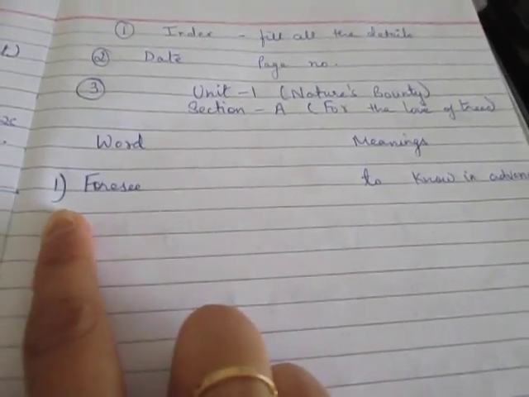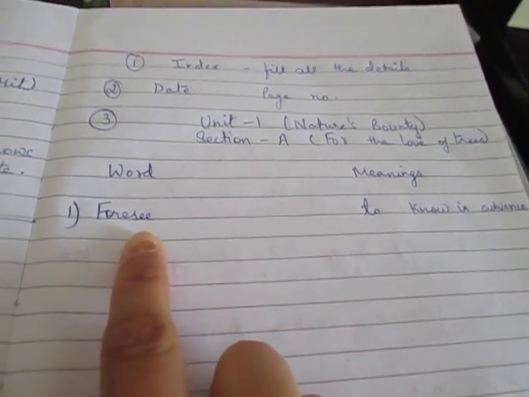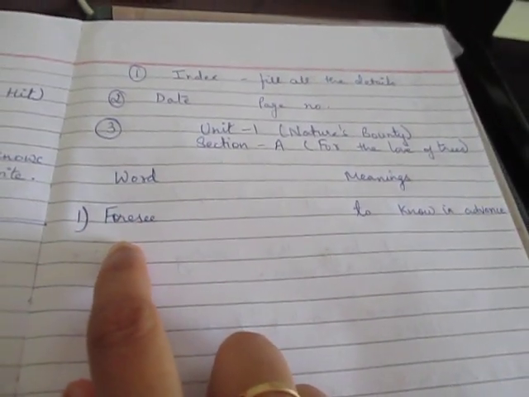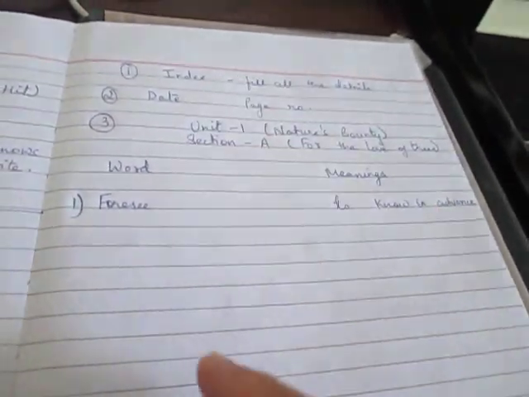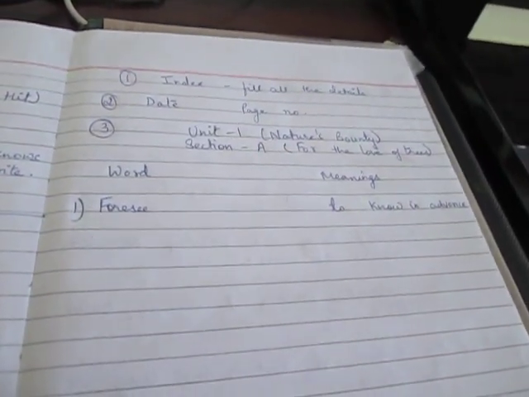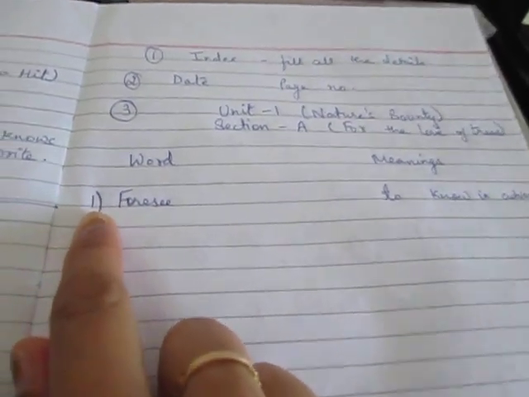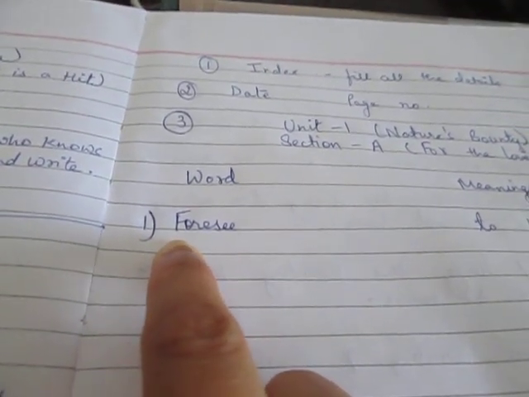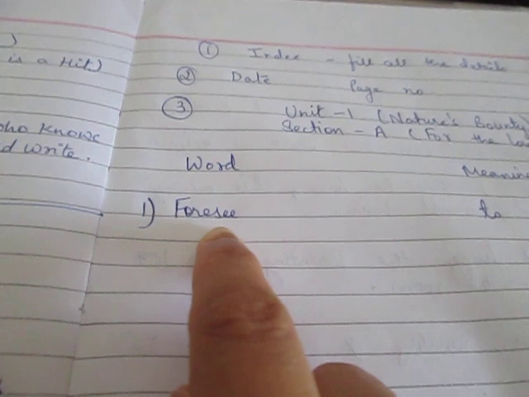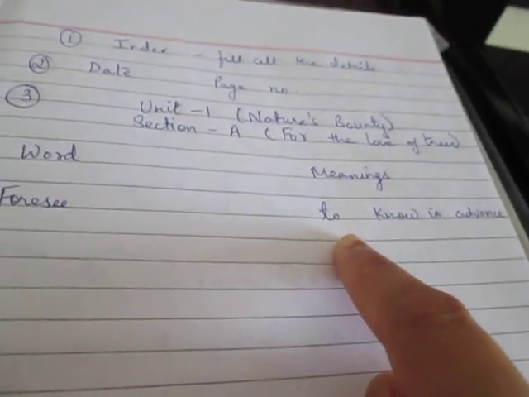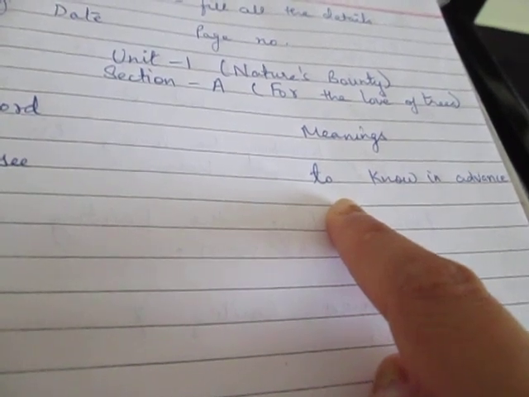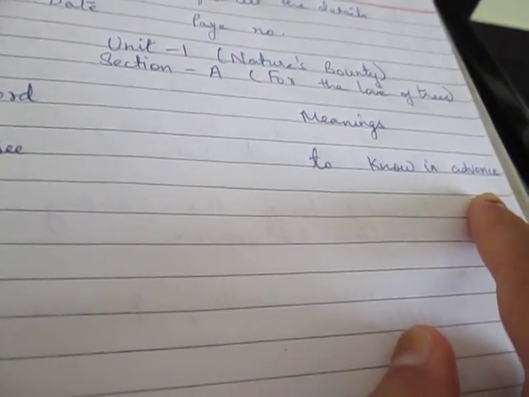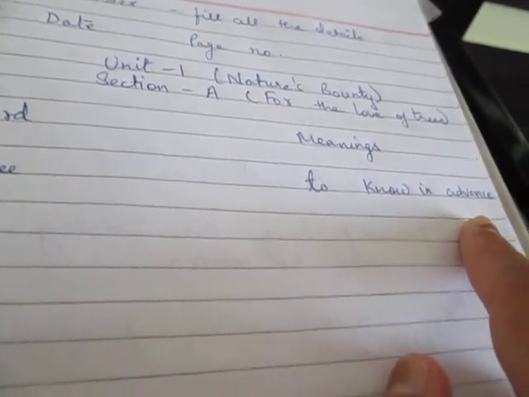Suppose the first word is 4C in your book, so you will write it under the word heading and the meaning will go under the meaning section. If you feel it is very difficult to maintain the system, just use a scale to separate these two. Now the first letter of the word will be capital, students, right? For C. For the meaning, you don't need to write the first letter capital, and you will write the meaning. Same way you will write all the word meanings, right?